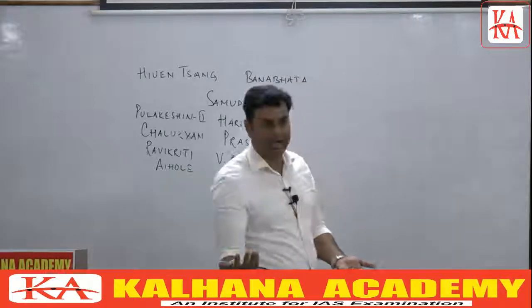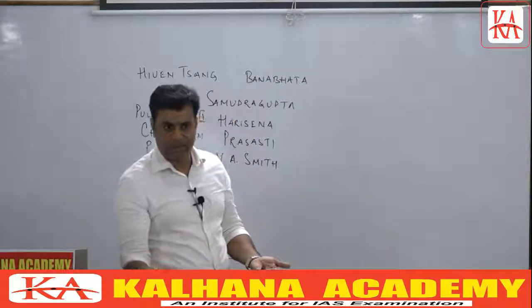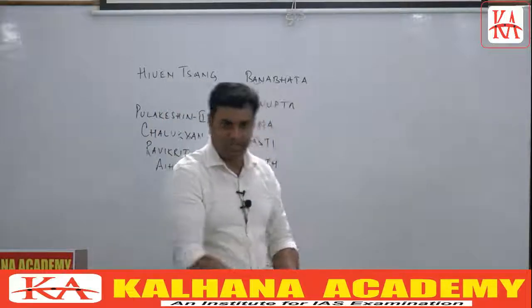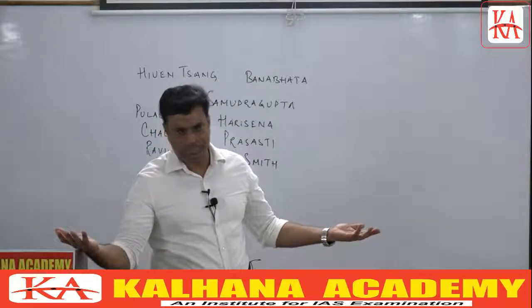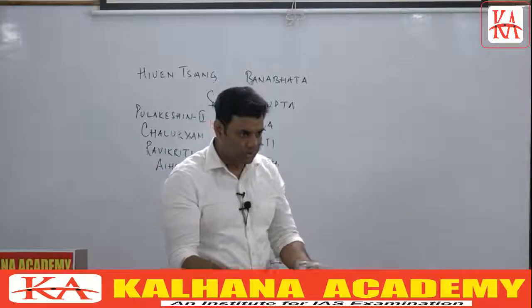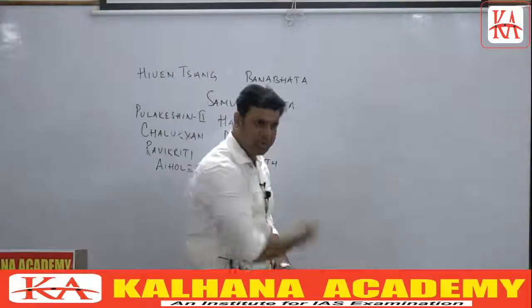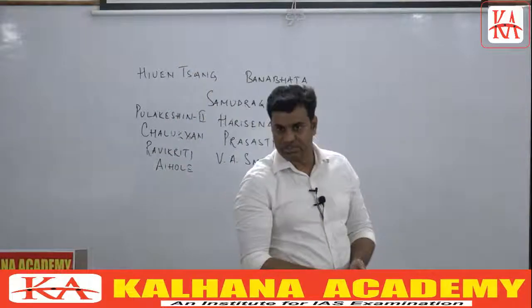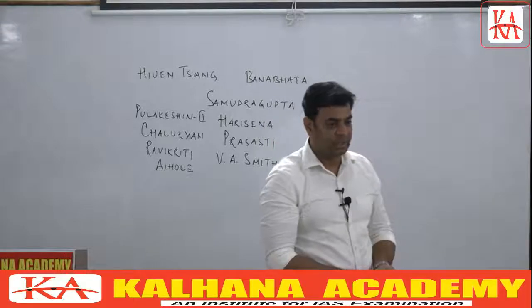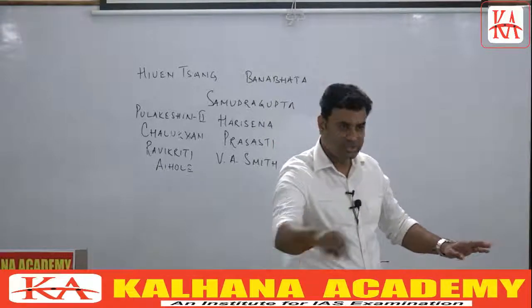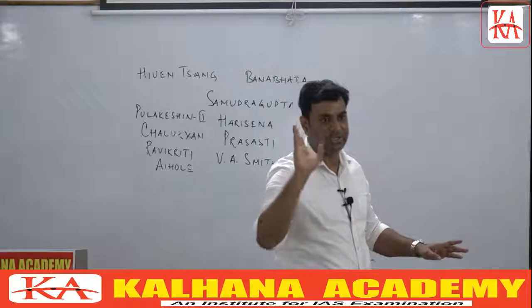Then coming to Muhammad Ghori and his clash with Prithviraj Chauhan, we have a biographical account of Prithviraj Chauhan, the Prithviraj Raso, written by Chand Bardai. We have a plethora of sources from there, clear? And since real history writing starts from there, we don't have to refer to multiple sources. Multiple sources are needed only for ancient India.